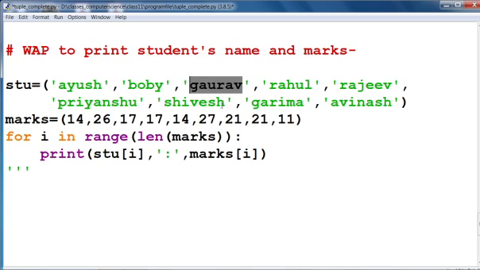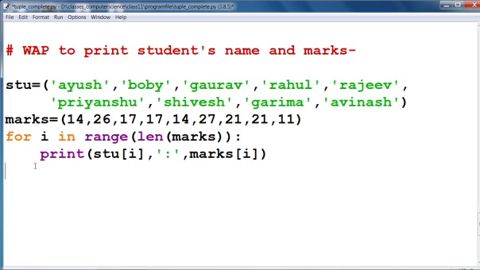Now these are the names of the students, and we have again created a tuple for marks to store the marks of the students. Their respective marks are stored in the marks tuple. Now we are going to print the student name and their marks. Then we have inserted a loop, for I in range length of marks. We can put length of marks or length of student because the number of students and the number of marks will be equal. It is not the case that there will be 5 students and we display 6 marks, or we can display 4 marks for 5 students.